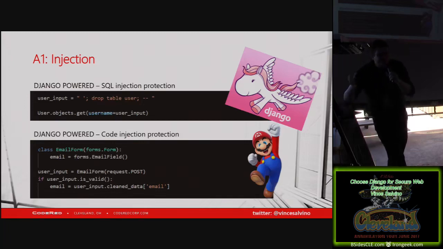Code injections, like I mentioned before with the email string. Django has forms that you can use. So you'll just create a form. You know, forms.EmailField, you'll add an email field to that form.